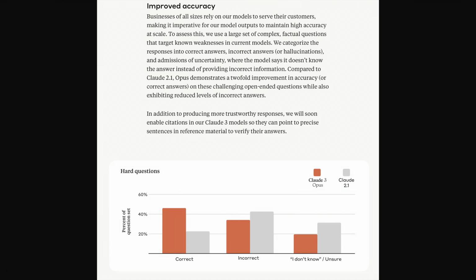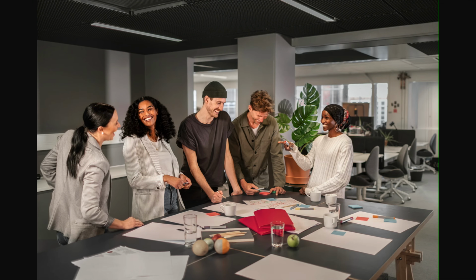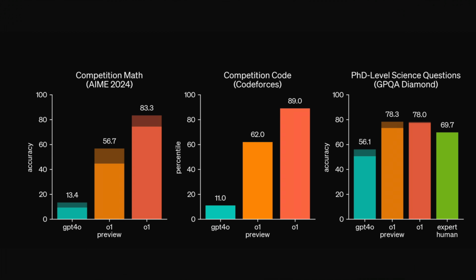AI labs have been trying to reduce hallucinations and not much has happened over here compared to outstanding results in other benchmarks. And I'm sure this is one of the most important areas where work needs to be focused. If these models actually have to make it into business and real work environments, where accuracy and consistency is more important than fancy numbers. It remains to be seen what the O1 full model will come up with and how much will that score. And by the way, if you don't know, I am one of the few people who accidentally got access to the O1 full model.